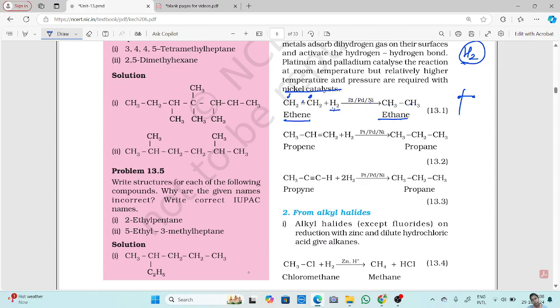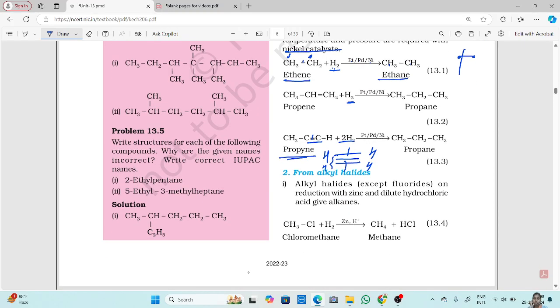Again the same thing will happen. Your double bond will break and hydrogen will be added. Now in the case of propyne, that means you have a triple bond. So in this case, a single H2 means you will be breaking one bond. Since there is a triple bond, you will break one bond and add 2 hydrogens, but still there is a double bond which remains. So you have to break one more bond and add one more hydrogen pair. So it is 2H2 in the case of triple bonds. And this is how you will form alkanes from